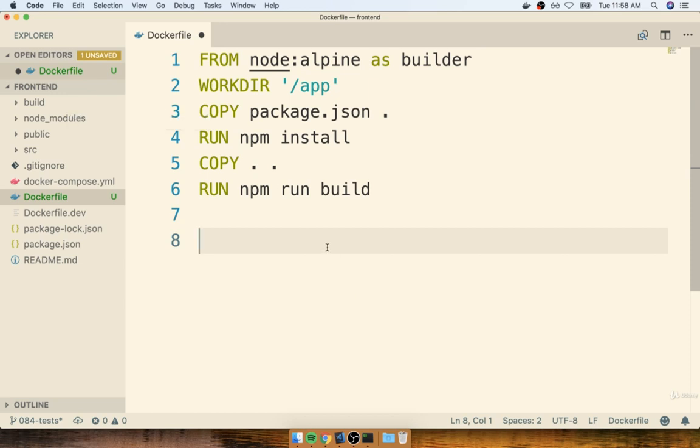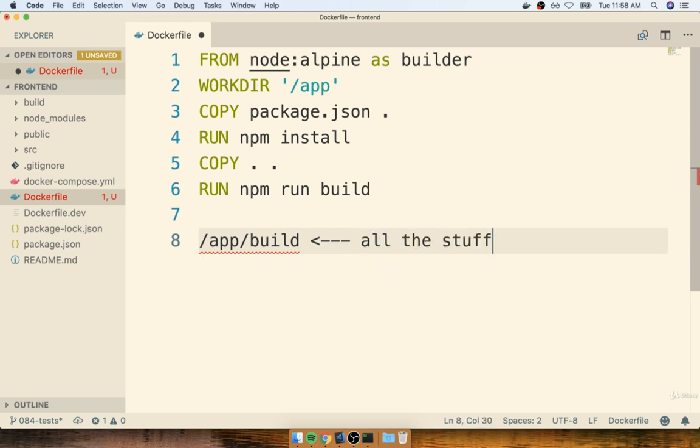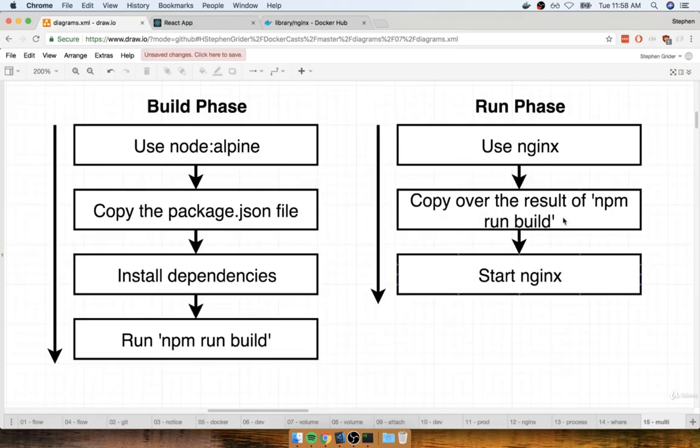So the folder that you and I really care about, like the folder with all of our production assets that we want to serve up to the outside world, the path to that inside the container will be /app/build. That's going to have all the stuff we care about. So that's going to be the folder that we're going to eventually want to somehow copy over during our run